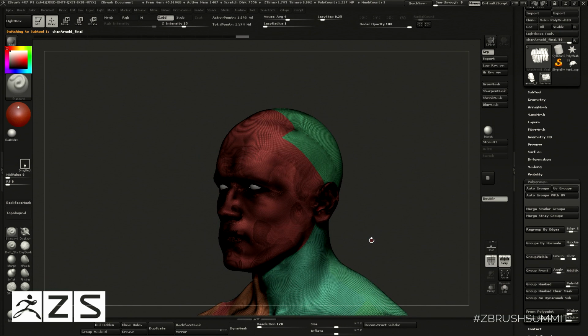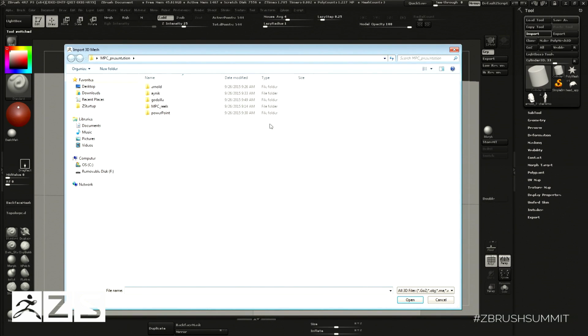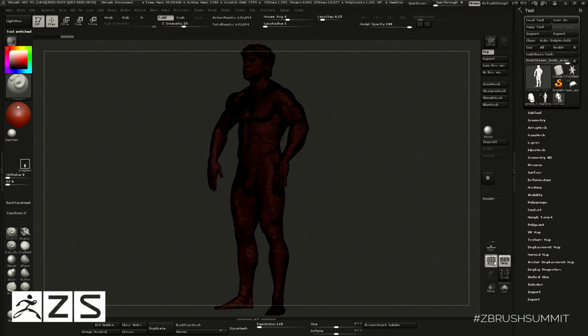Cool. Do you have the eye shapes? I don't actually, but I can talk a little bit about the models, reference, and scan really quickly here. This was the body scan we got of the stunt double,